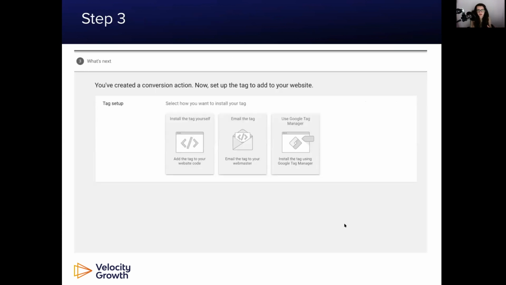So then once you've selected what attribution model you want, you've selected all of those pieces, you get met with this page to continue creating your conversion action. And you can set up the tracking from here depending on which option you want to use. Now, installing the tag yourself, that's fine. You just add the piece of code to the relevant page on the website or the relevant section depending on your website. You can email the tag to your developer just to implement it, or my personal favorite is to